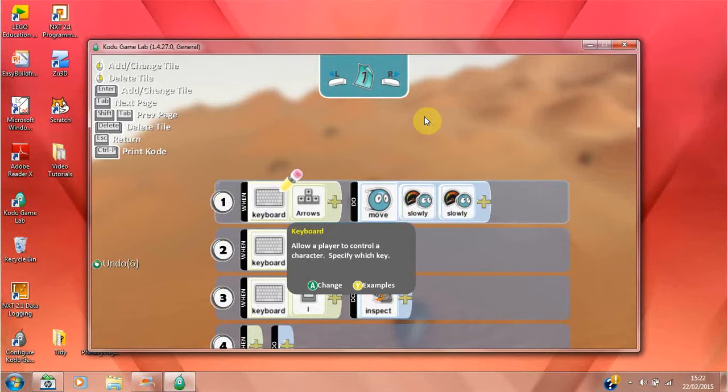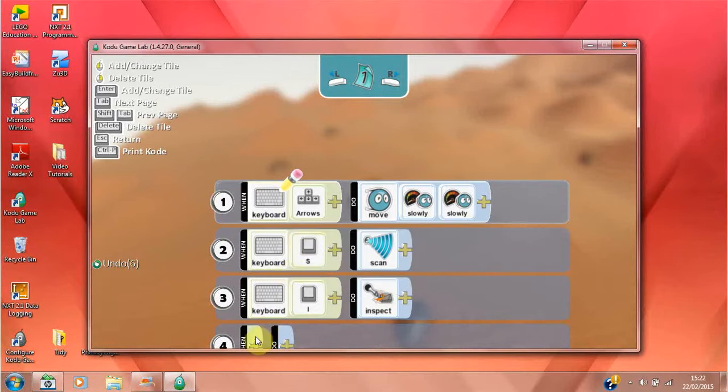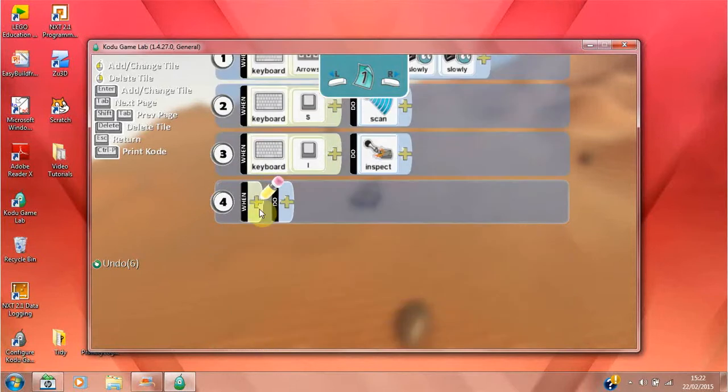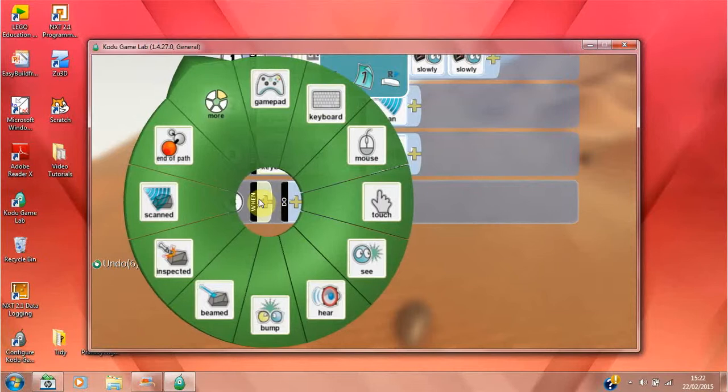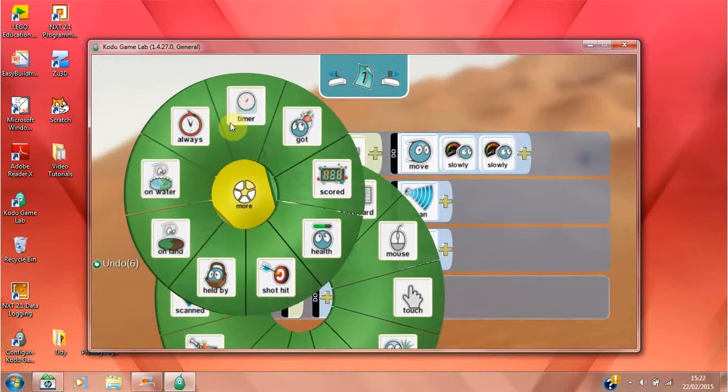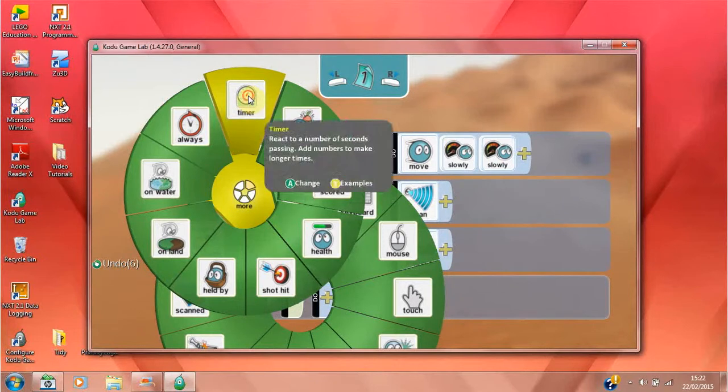and the code I would like this time is to finish the game if, let's say, 15 seconds elapse. So I'm going to say when, and I need to find the game options, and it's not there, so I'm going to go on to more, and here we have timer. So let's click on timer. So when the timer